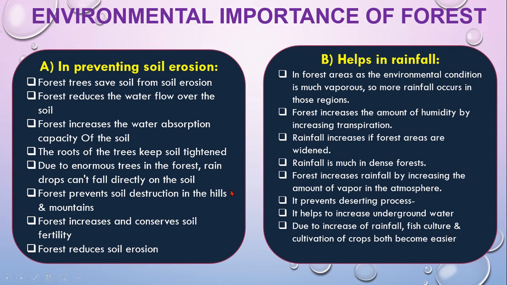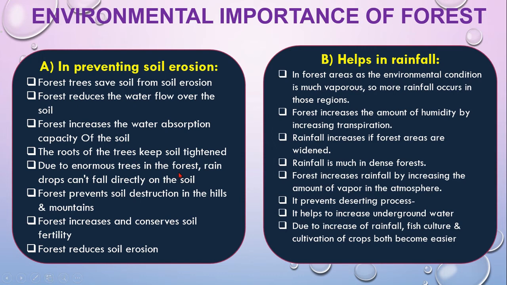Now, environmental importance of forest. What is the environmental importance of forest in preventing soil erosion? Forest basically prevents soil erosion, like saves soil from soil resources, reduces the water flow, and increases the water absorbing capacity of the soil,